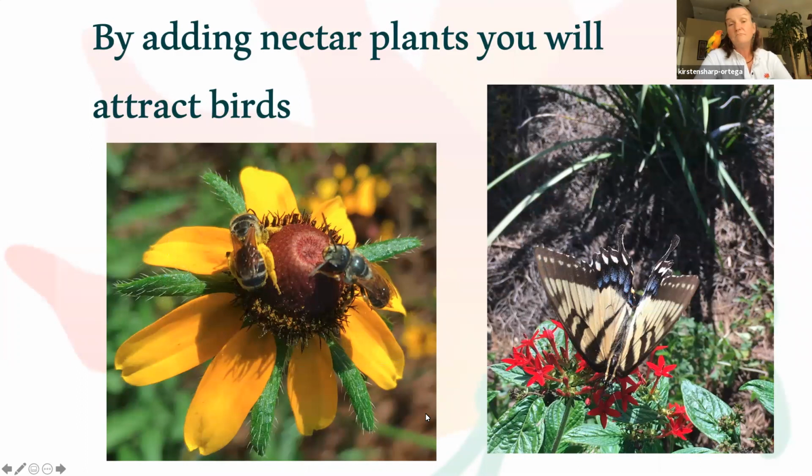Of course, by adding any type of nectar plants, you're not only attracting the birds, you're also attracting pollinators. Black-eyed Susan, brown-eyed Susan, however you want to call them, Rudbeckia hirta. That is a really great plant for our pollinators. I have seen so many different native bees on that plant, and it's great to have them in the garden. If you put them in a hot, sunny area, they will reseed